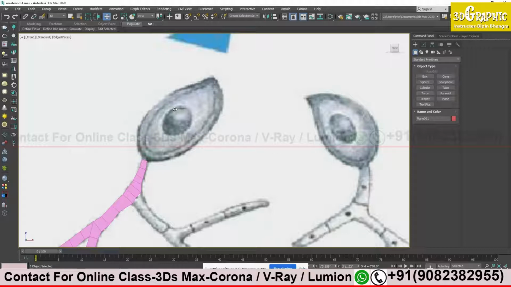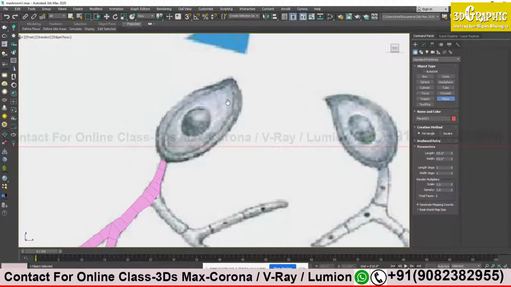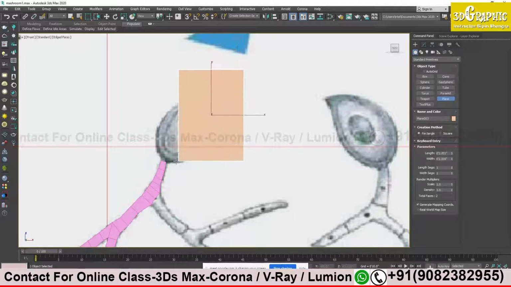Here I'm not going to use box because it's like a flat leaf, so I will use plane again. I will cover this area with a simple click and drag, and again Alt X so that I can see the lines of the image below.